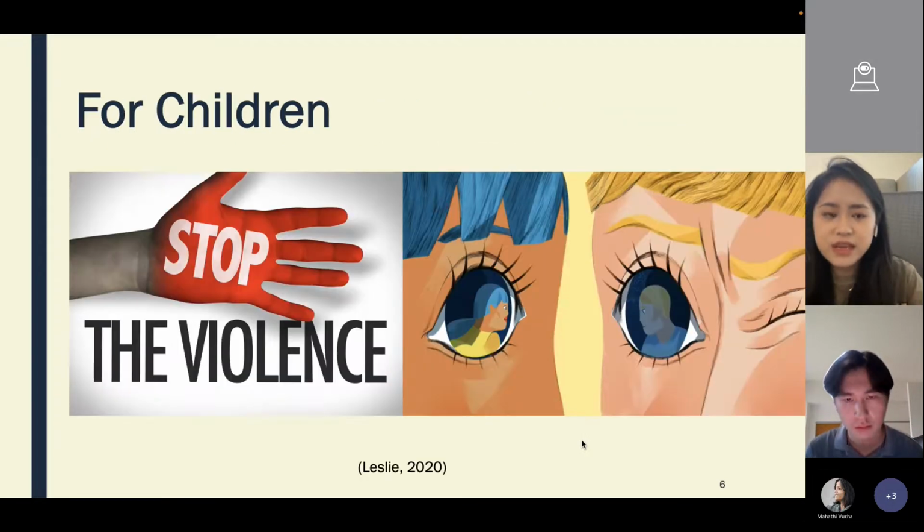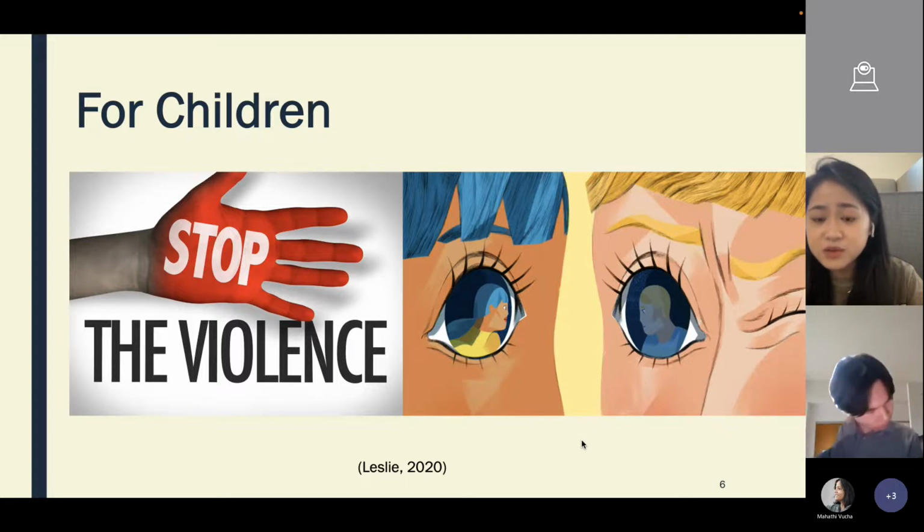And for children, the school can use it to stop violence. The camera can identify who looks angry and is trying to hurt someone. It is also a chance for children with different abilities, such as autism. They cannot feel others very well, so maybe it's a chance for them to know others, feel others, and get along with others.